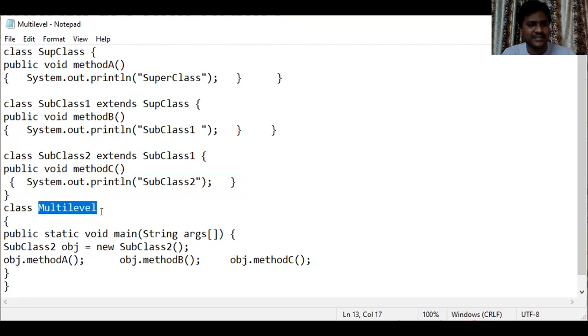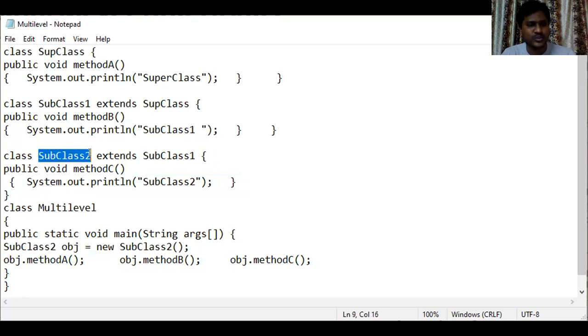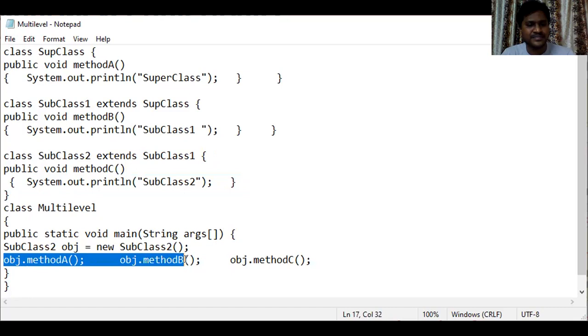The file name is multi-level. Inside this main function, I have created an object for subclass 2, and I'm using this object to invoke method A of the superclass, method B of subclass 1, and the local method C of subclass 2. So go to execution, go to the command prompt.